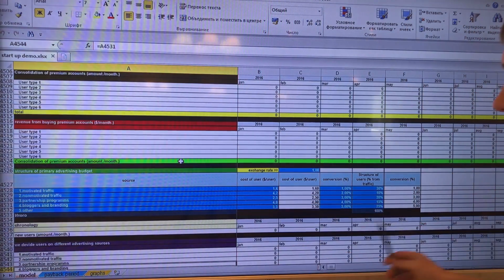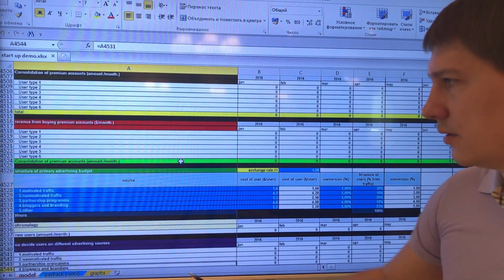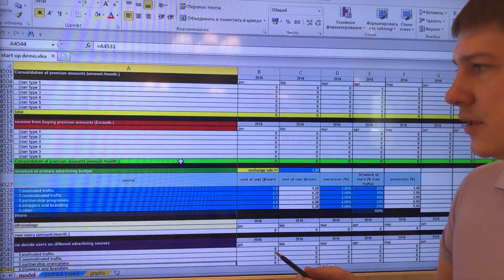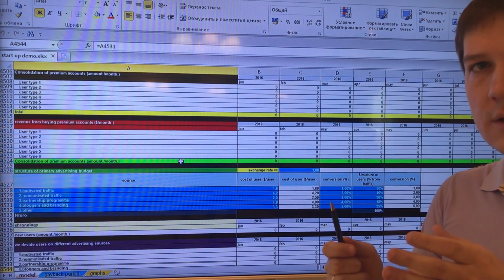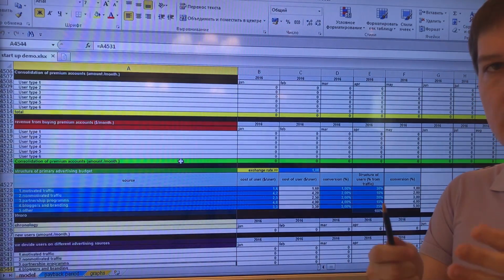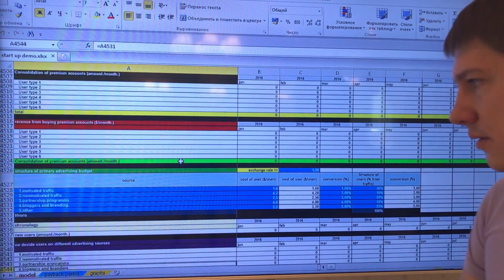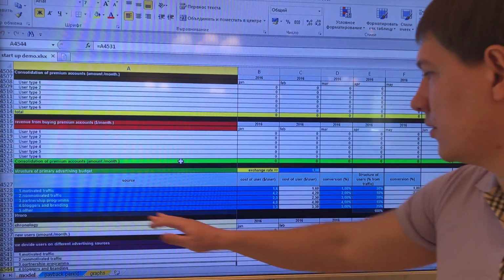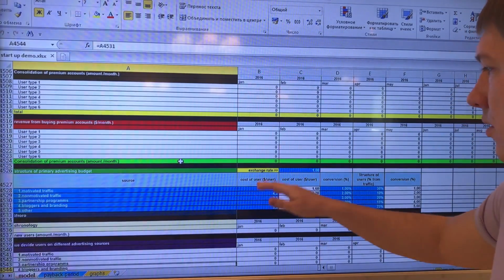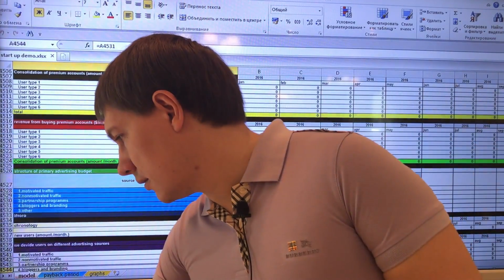We need this information to calculate the right amount of money we need to invest in these types of traffic. And as a result, we have a figure that we should add to our investment and see in the result the right amount of money to start this business. So here we put the information describing our types of traffic, the cost of user, the conversion, the structure of users, and then